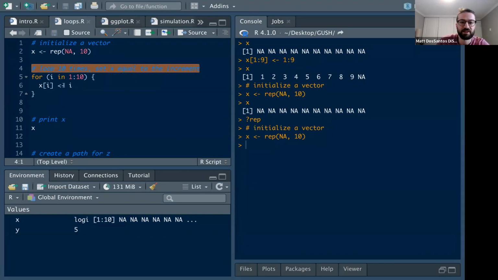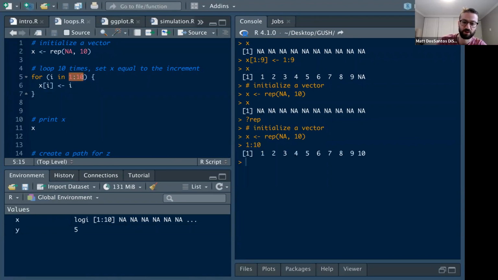And you always want to read the comment above the code. This is saying loop 10 times, set x equal to the increment. So let's see what that means. For is kind of a function here because we have these parentheses that are telling us what to do. I think it might technically be considered a function. This is saying for i in 1 to 10. So what this tells R is every time we loop, we are going from i. We're starting with i equals 1, and we're going from i equals 1 to 2 to 3 all the way to 10. The reason it's 1 to 10 counting by 1 is because if I just print this 1:10,